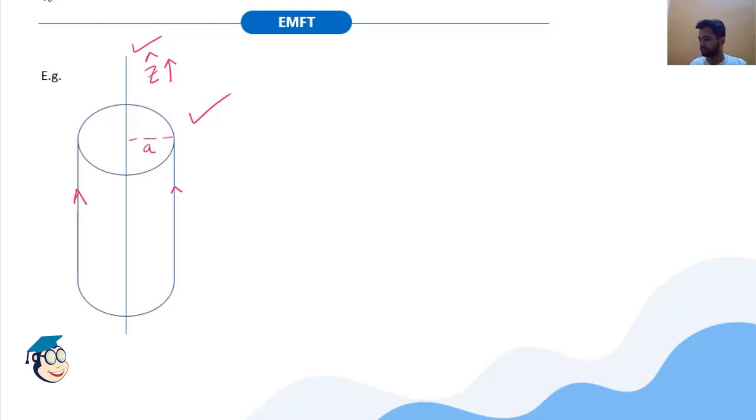The first part of the question asks for the magnetic field inside and outside of the cylinder. You have to calculate the magnetic field inside and outside of this infinite cylindrical wire, which has a surface current only on the surface of the cylinder. In the first case, where the current is on the surface only, we have two sub cases.